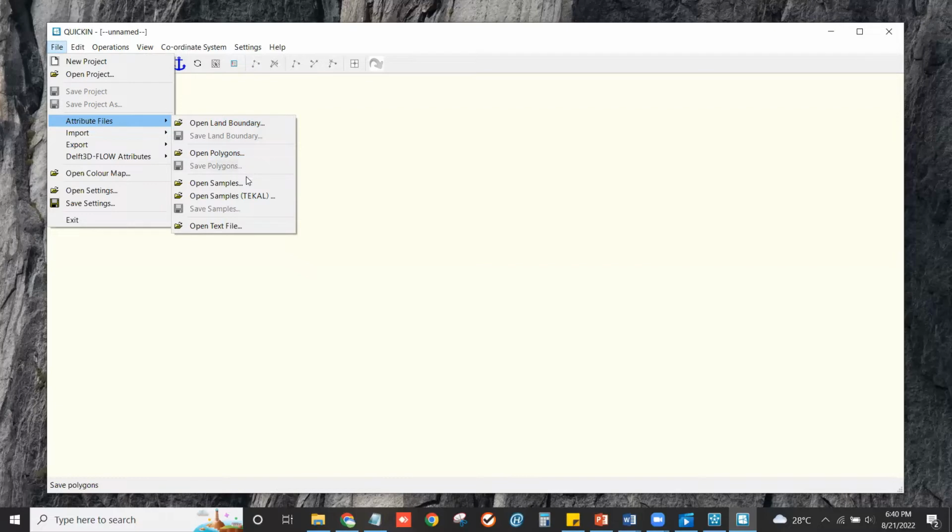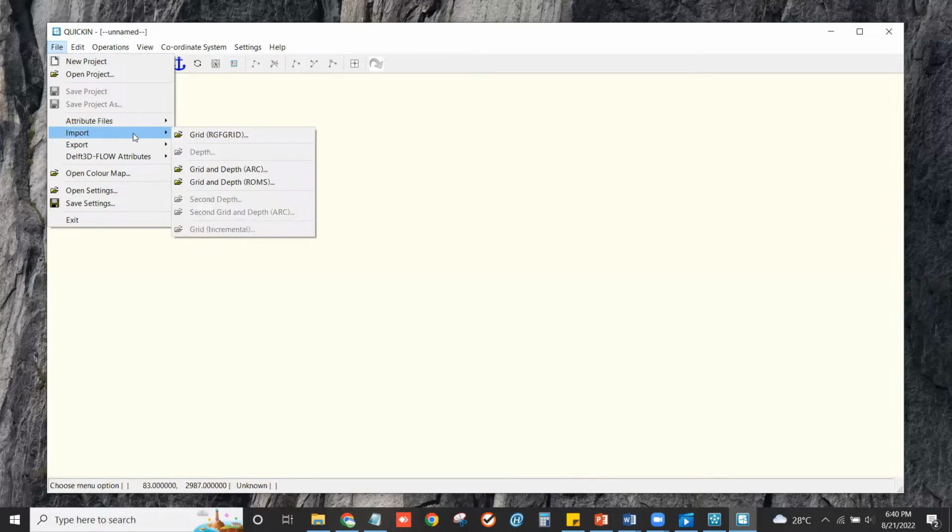Another commonly used one I will explain is open samples. Open samples is bathymetry data in format .xyz. In the import menu, we have grid, which is the tool to open grid data in .grd format, sorry.